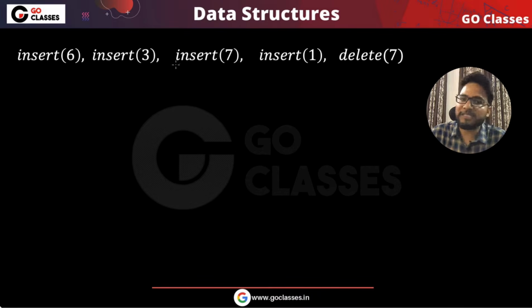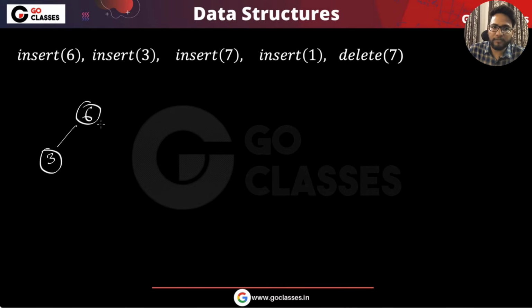Suppose that this is the sequence of operations that I want to perform, which means first I want to insert 6, then 3, then 7, then 1, and then 7. Then I want to delete 7. So inserting 6 is, I think, very straightforward, and then 3, and then 7, and then it is balanced, then 1. So 1 will come here, and again it is balanced, right? And then delete 7. So I hope you got it, like how we are inserting. Now I want to delete